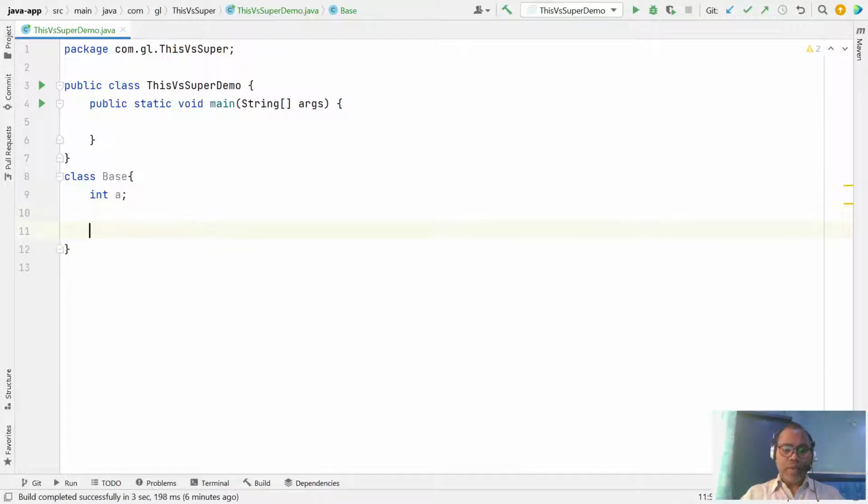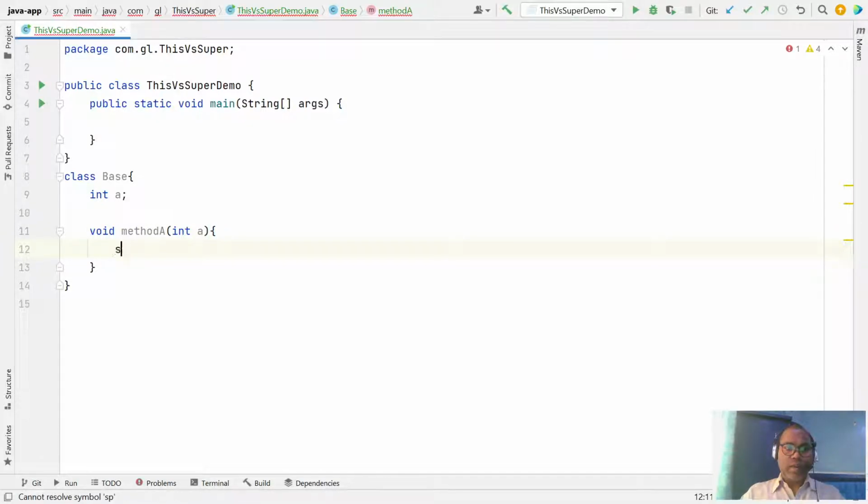So let us have a method, void method a, which takes an input a and prints it.